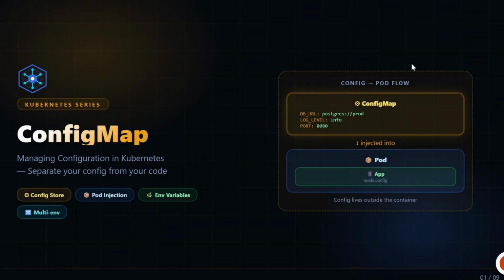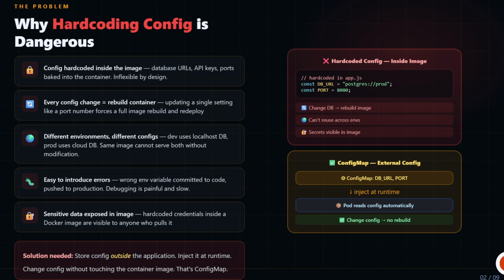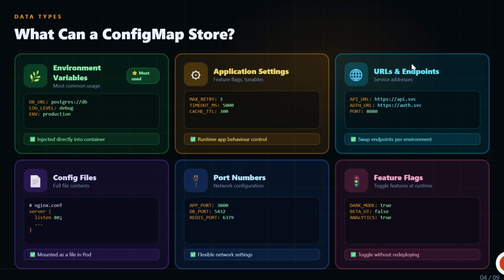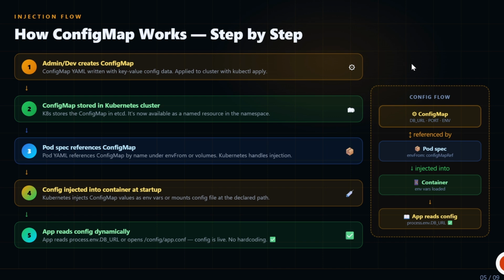In this video, let us discuss about config maps. We'll be seeing the problem: let's say if we go with hard coding the configuration information, what exactly the problems may arise, and we'll be seeing what is config map. And there are certain storage ways the config map offers and use cases basically, and how exactly the config map